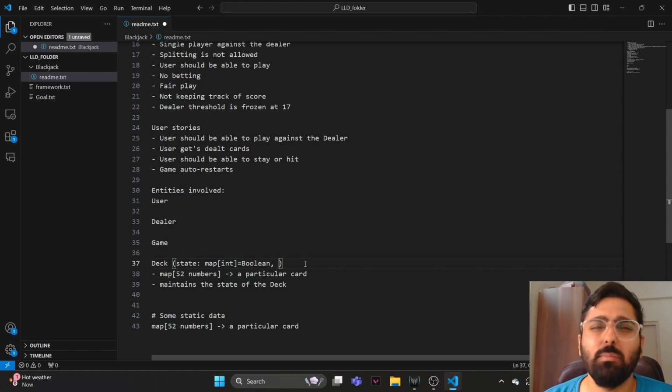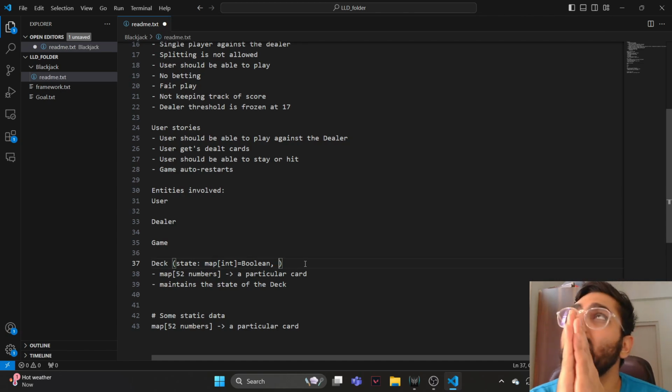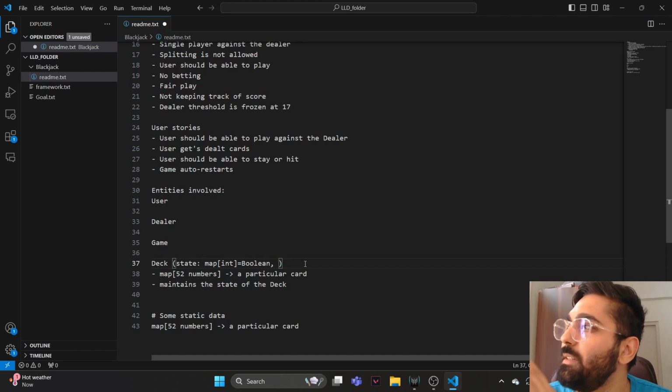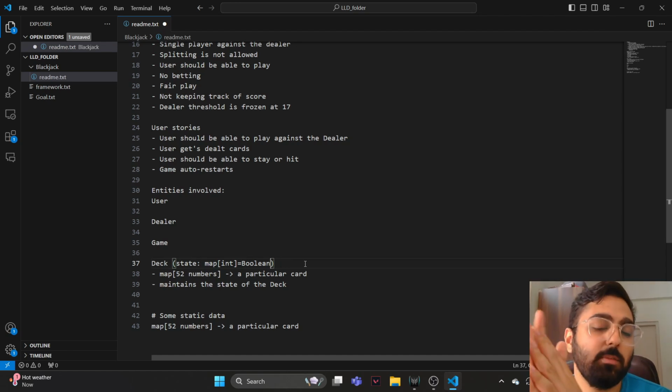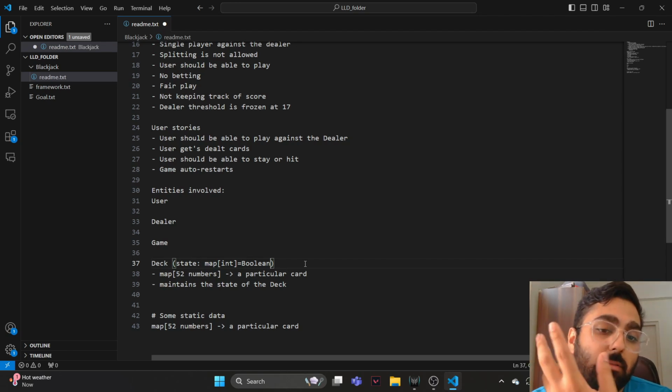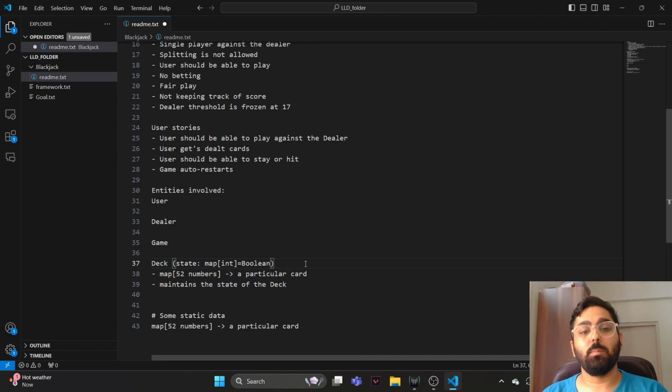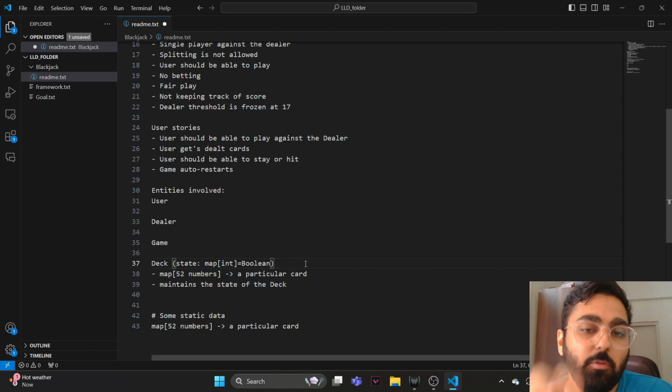What variables does the deck have? In terms of the information housed by the deck, I think state is enough, right? The number of cards left in the deck we can keep, but there's no real point in doing that. We can derive that from the state as well if we need quick access. Like right now, if we want to see the size of the remaining deck, we can go through the map and count the number of trues or falses, based on what naming convention we are using,